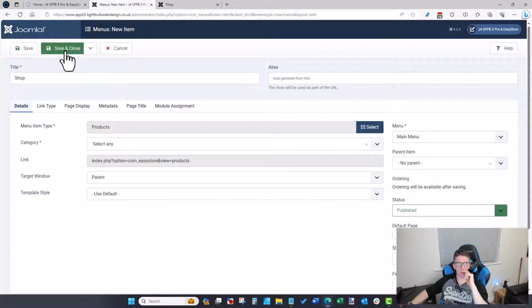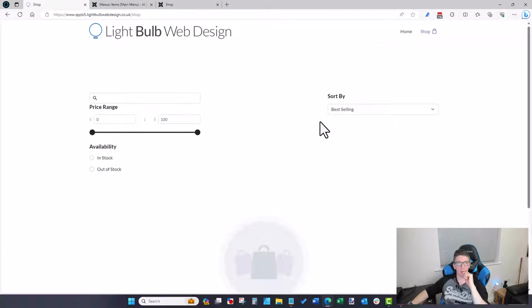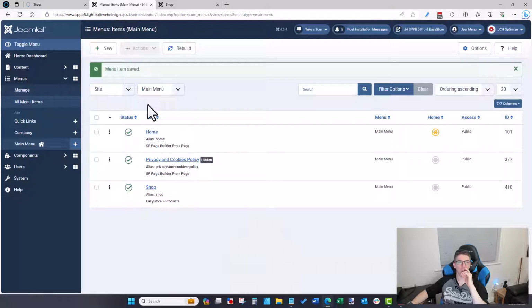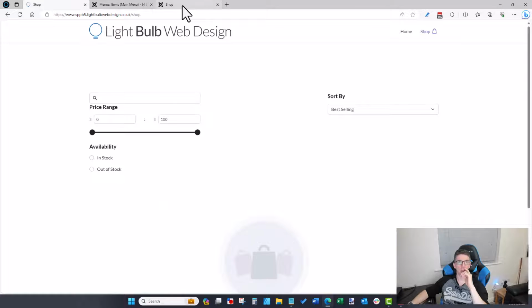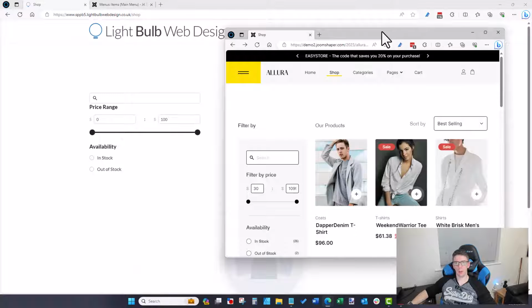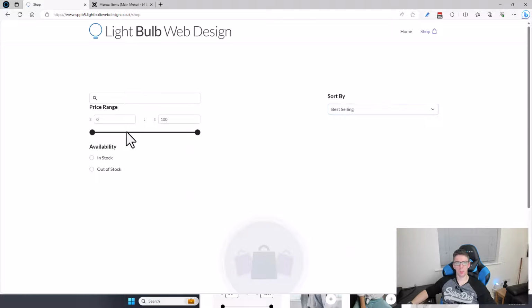So save and close that. I'm presuming then on home, I've got my shop. Okay, it doesn't, I presume because they've styled that, I haven't applied any styling to mine, but in terms of the features, it's got the same. It doesn't look, they've just styled it basically. So by the looks of it, they've added that to the side, but it's the same stuff, same